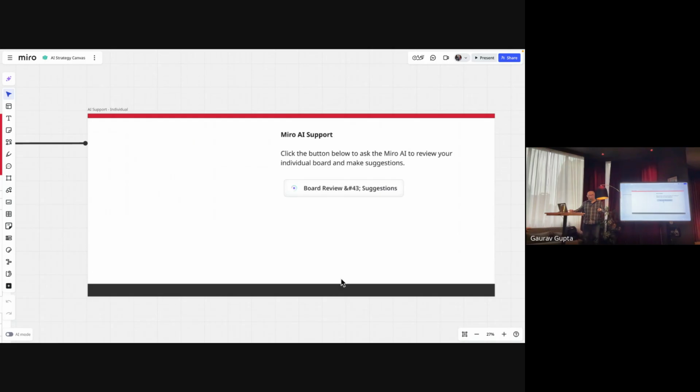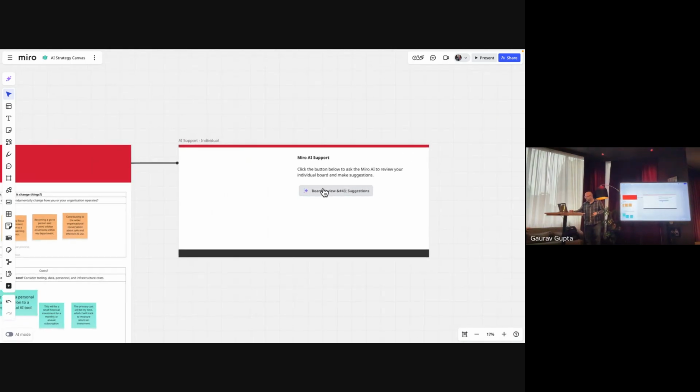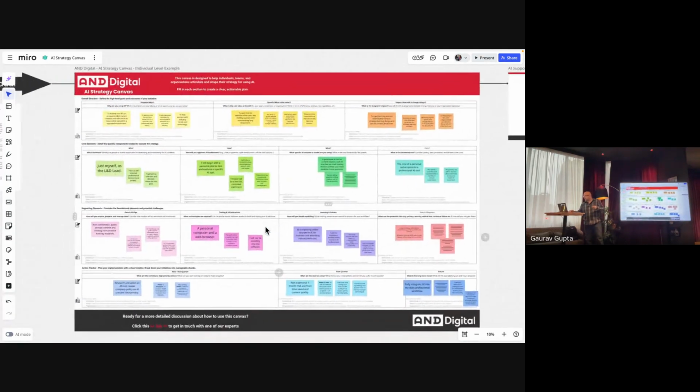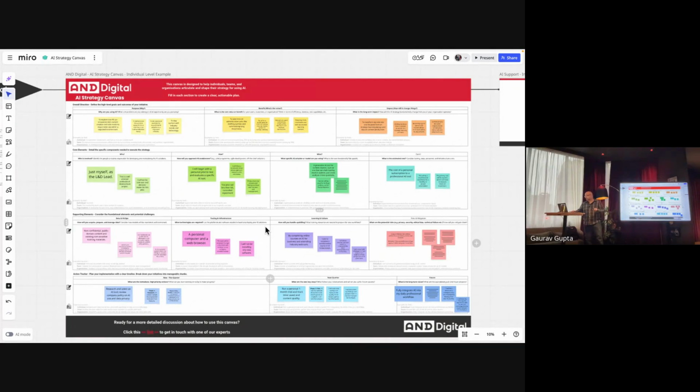Let's see what happens when I ask Miro's AI to give me some feedback on this. See what it's going to do. It's going to think. Why has it not produced anything? It did flash some stuff up, didn't it? I don't know where it's gone. I will find it and fix it, because this needs to be able to work. The intent is that it generates feedback. It's not working. Anyway, okay.